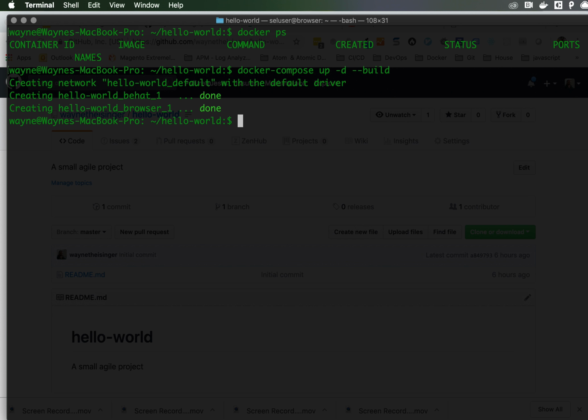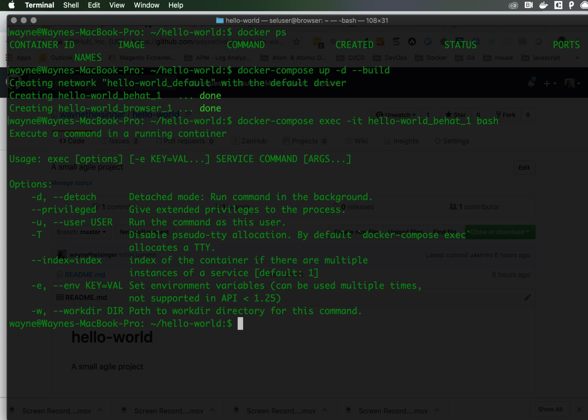then up it comes. Okay, so now I'm going to enter the container again. So docker compose exec, interactive with terminal, and if I want to go into the PHP one, I'm going to go in as bash. Okay, so what did I do wrong there? It's not docker compose exec, it is docker exec. So there we go, docker exec, and